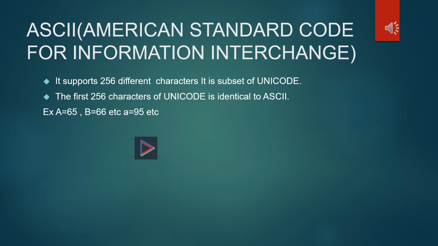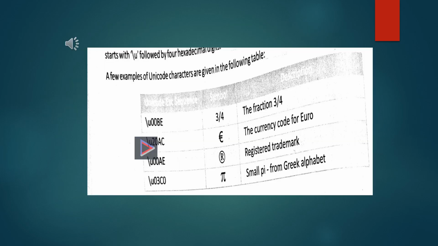Okay, the alphabet B is 66, that is the ASCII code. This 65 and 66 are converted by binary conversion to 0 and 1, and it is recognized by the computer. So what we see, the Unicode character set contains most of the alphabets in use today. All over the world, whatever language or character they are using, the coding is available with Unicode.